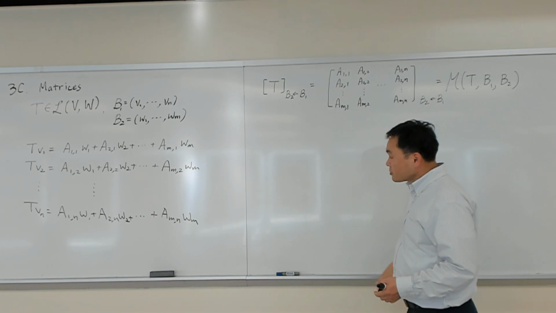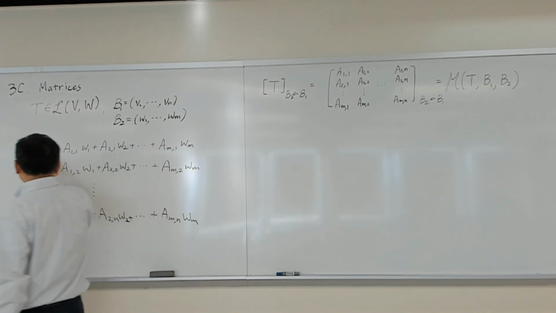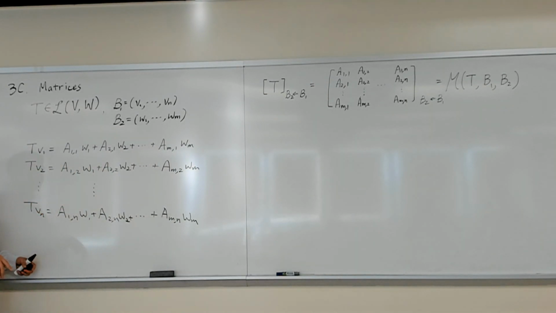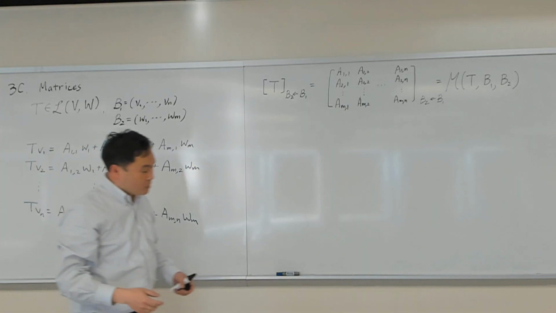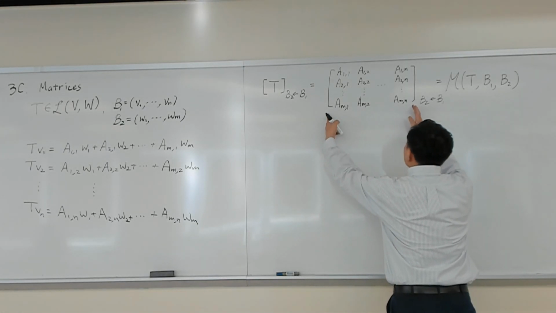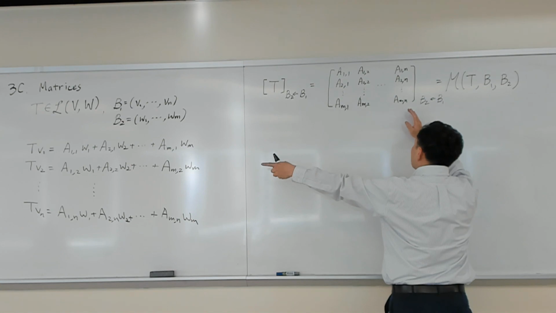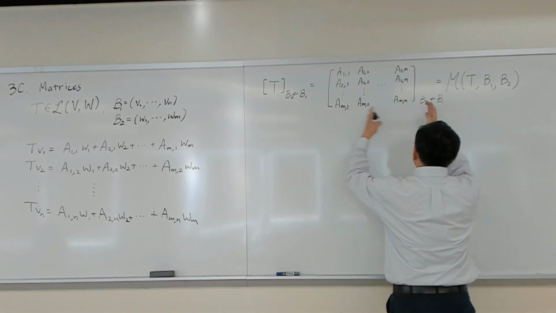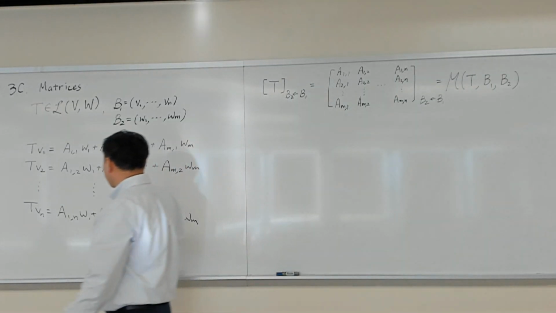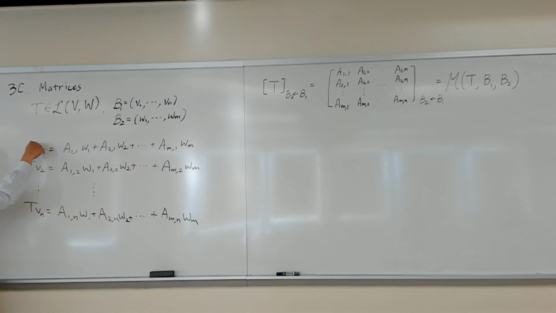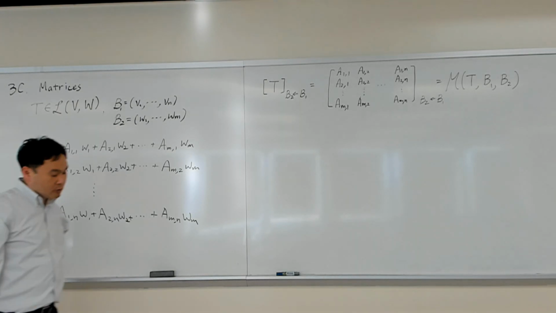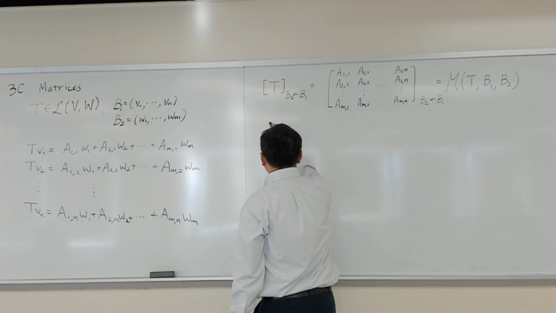And if you think of these vectors as if they are column vectors, then the matrix multiplication, the way that T operates on V is like the matrix multiplication of this times the column vector representation for V1. So see, V1,